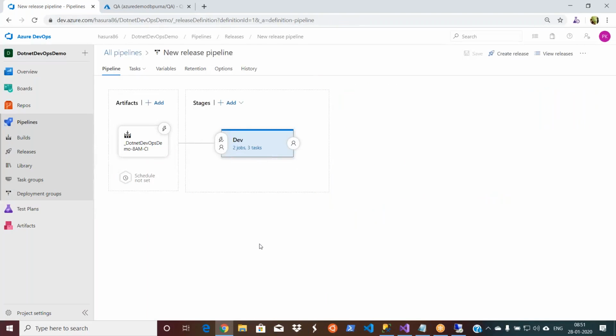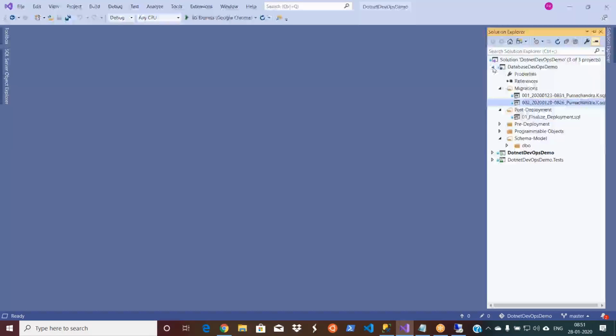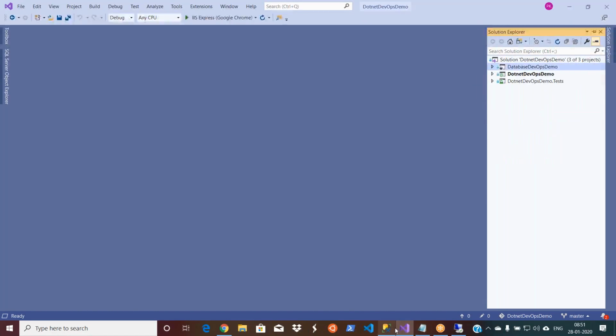That's about how your build and release pipelines work in multiple things across your application development. Let's go and do some other stuff. Let us say application configuration. Let me open my